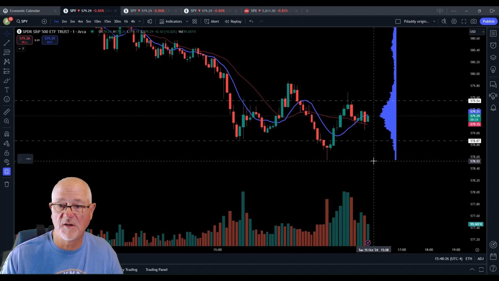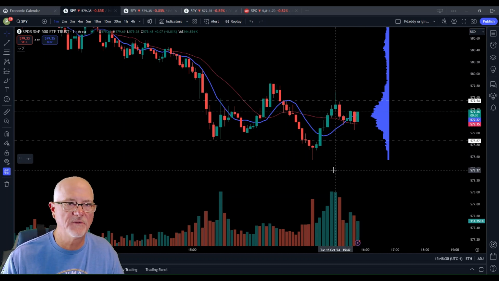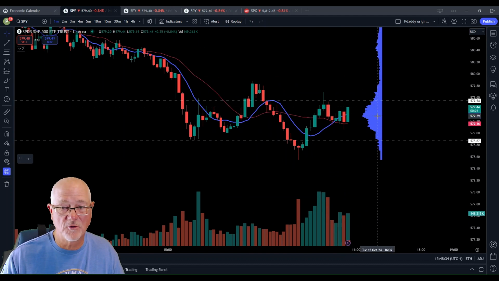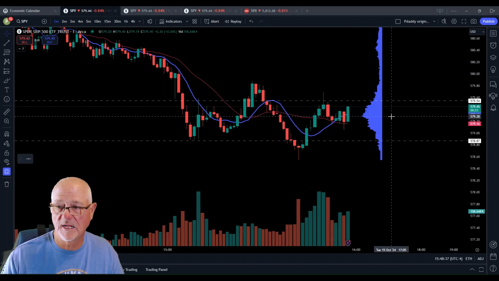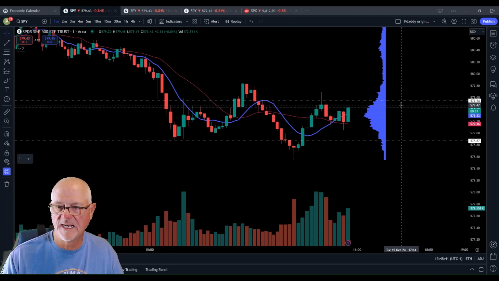It might, though. What's the volume on this particular stick? 112,000, so actually not too bad. We've had some really nice volume candles today. But again, it's not making that lower low over here, just kind of pushing through. Let's see if we can get a close over that 579.54. 579.47 was a level we were looking at just a little bit ago.